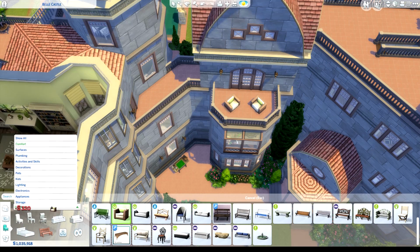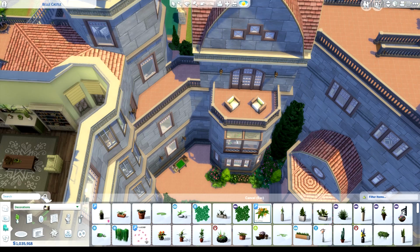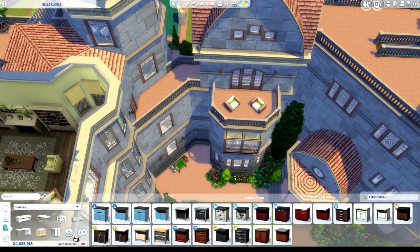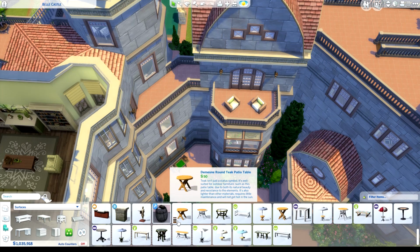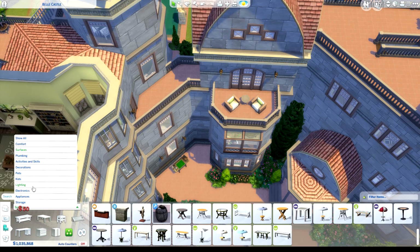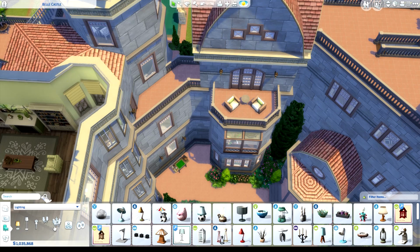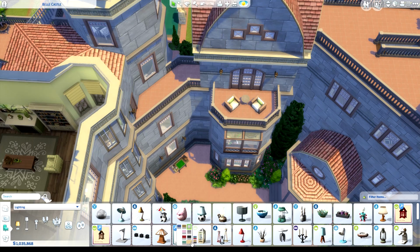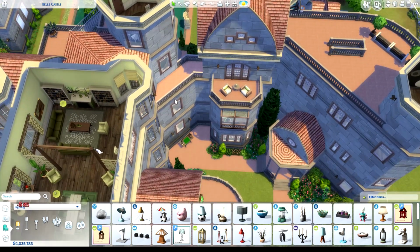So I'll just quickly add a little, oh no, sorry, not comfort. I'm clicking all the wrong buttons, really. I'm just confused because there's nothing here. A little table and a little light, and then that'll be done. Lighting. I tried not to use too many packs. Emphasis on tried. Oh well. I'll have a look at what I used in a minute. Okay, so